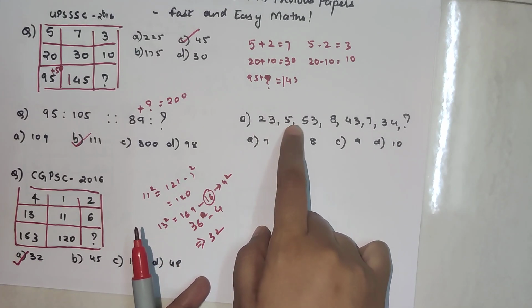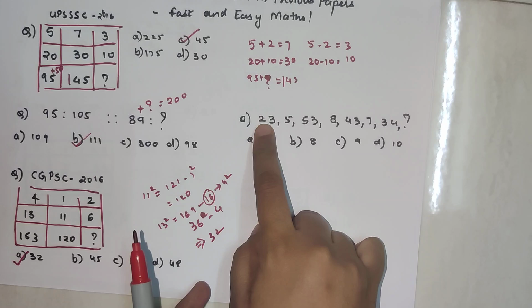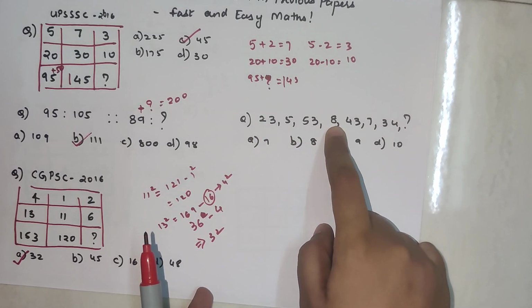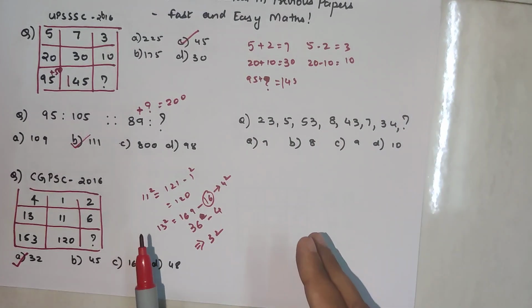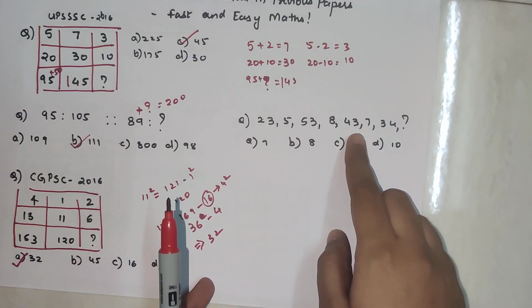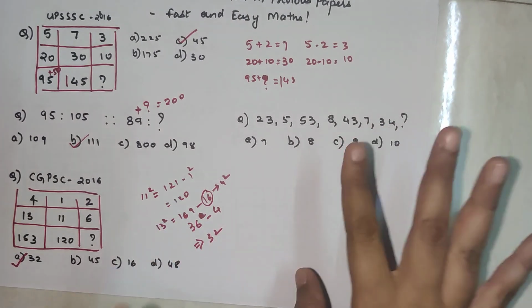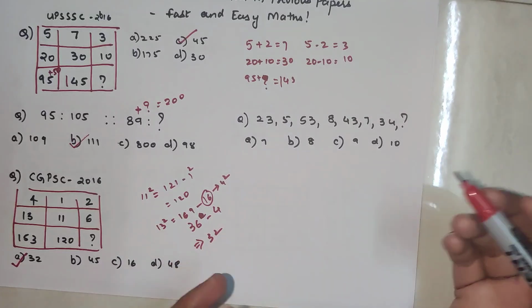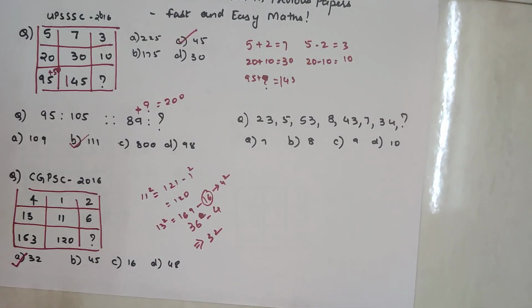Here we know 5 square is 25, and then subtract 2, you will get 23. But this is 64. Then you should subtract how much? You should subtract 9. This is 49. You should subtract how much? You should subtract 6. So again, it's not working, right? So in this case, what should you do? See, understand, when none of your logic works, then very simple.